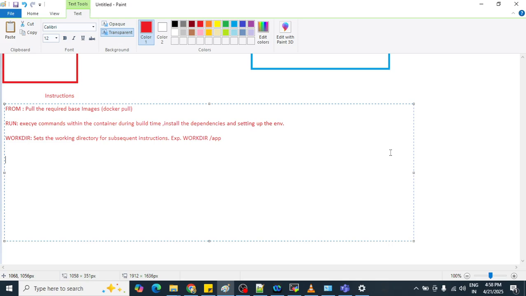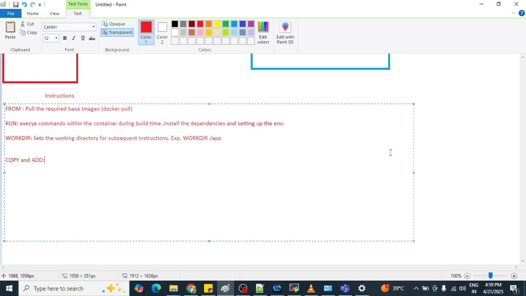Now the next instructions are COPY and ADD. What are COPY and ADD? COPY copies files and directories from the host machine into our container. COPY is preferred for simply copying our files, while ADD has extra features like extracting tar files.